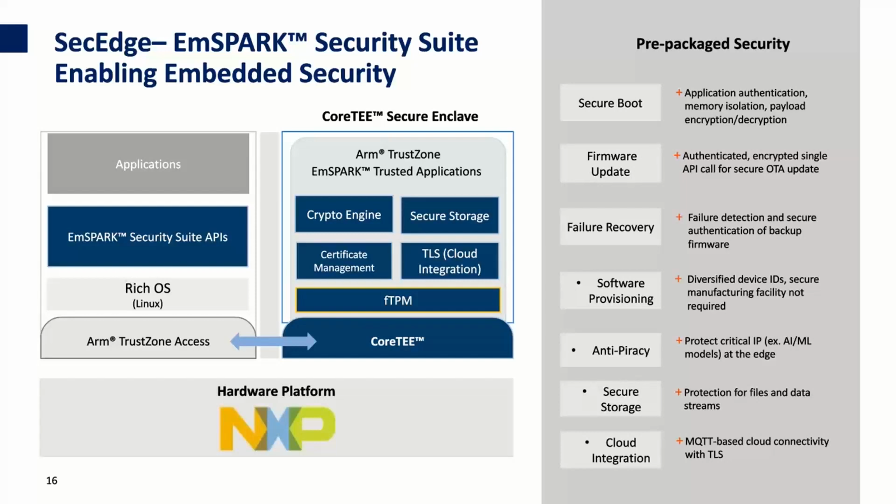We address the provisioning aspect. So when the device is in its pristine state, straight from an OEM, you assemble it onto a board. How do you get it initially loaded up with secure software? How do you get payloads, especially if you're using third-party manufacturing to assemble your devices from these SOMs and such? How do you get those loaded up and protect those payloads that you're putting onto them? So we provide guidance and tools to create encrypted and secured payloads that can be loaded onto the devices, protecting your IP,